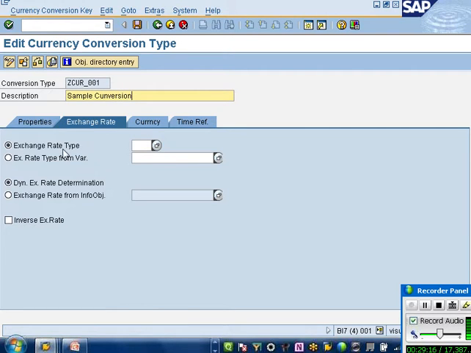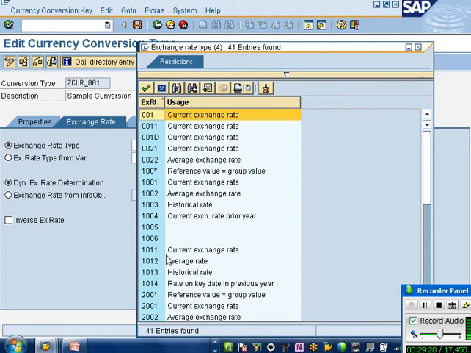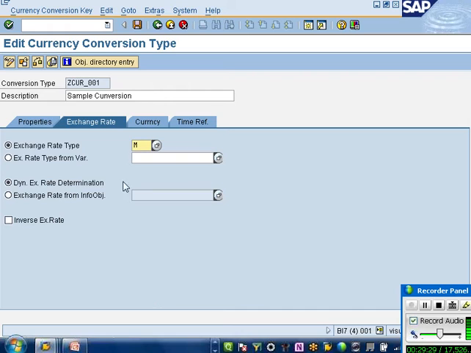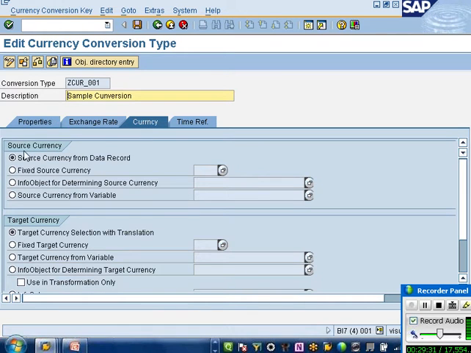What is the exchange rate type? I want to use M. M is the standard average rate. This is where they determine what type of exchange rate they want to use, fixed rate or average rate. Now, when you want to convert currency, you must have source currency, target currency, and type. What is my source currency?